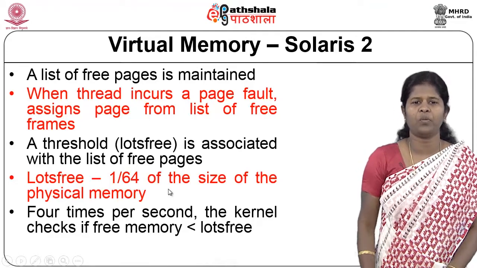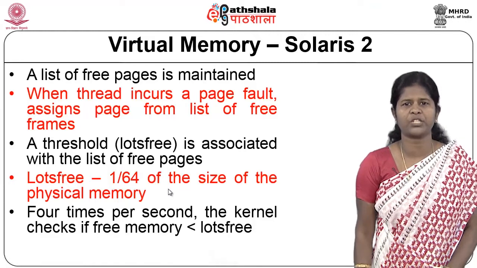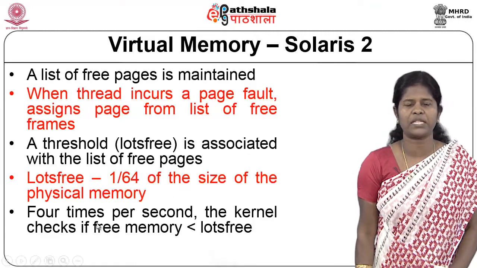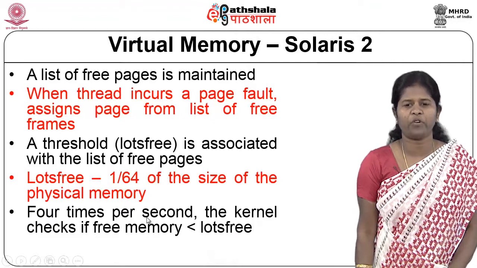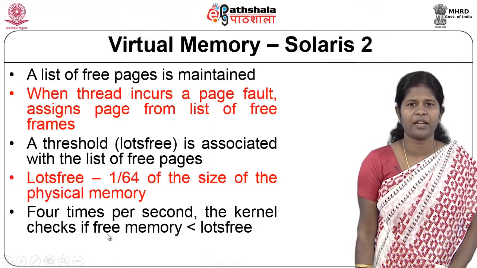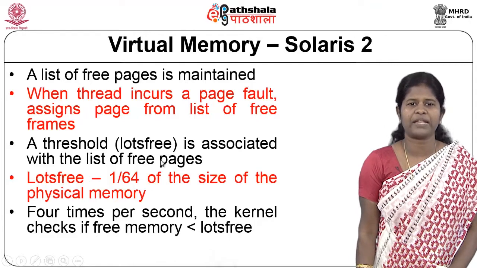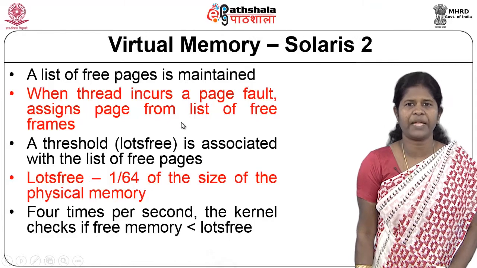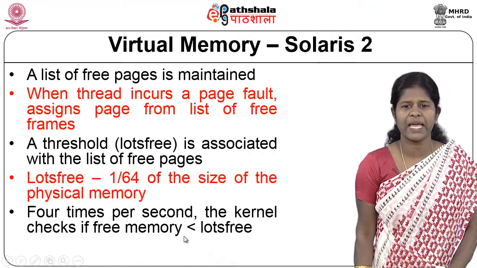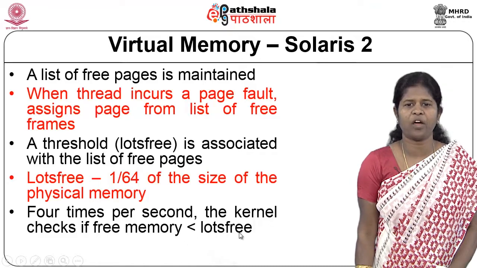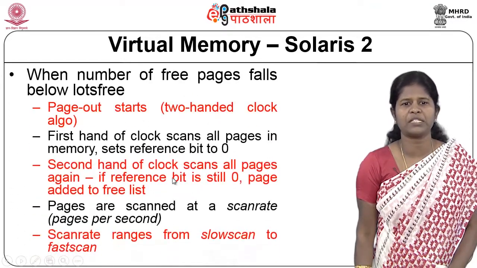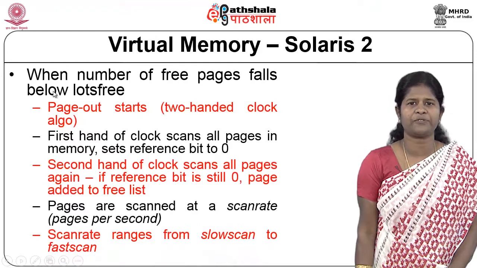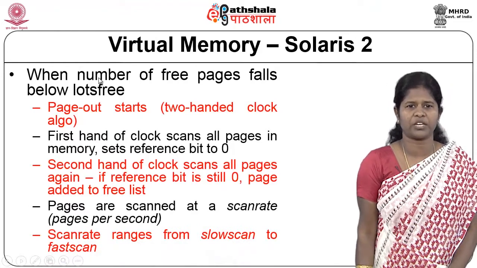The kernel will check frequently, actually 4 times per second, if the free pages that are available are less than lots free. When the number of free pages goes below this threshold,